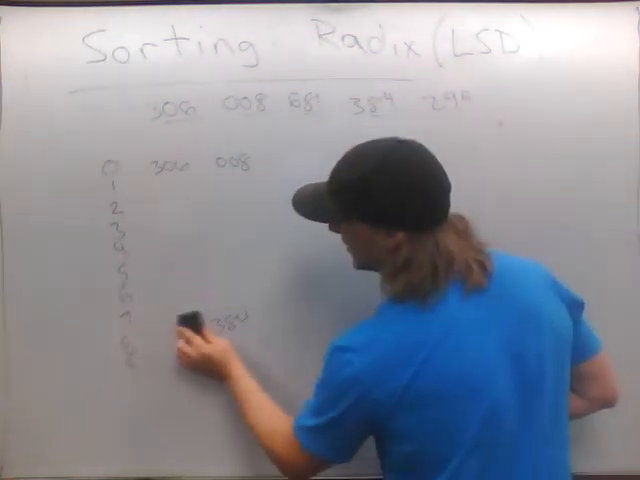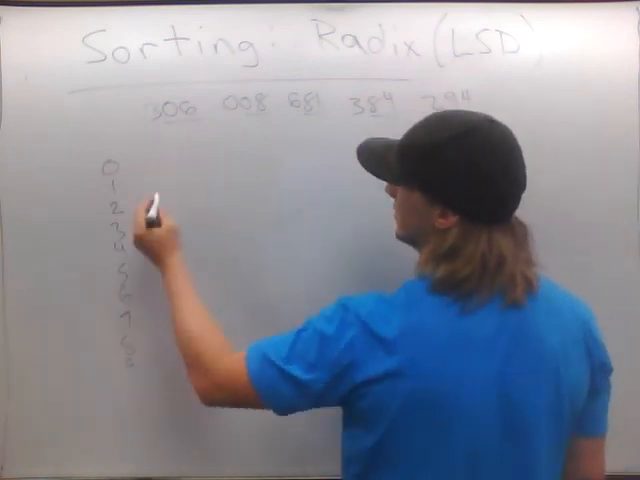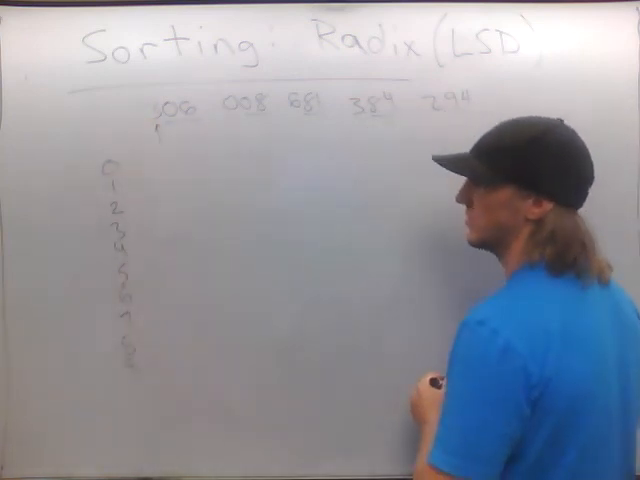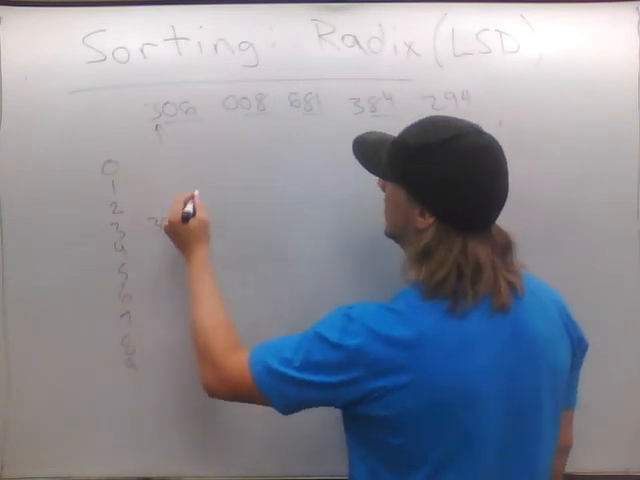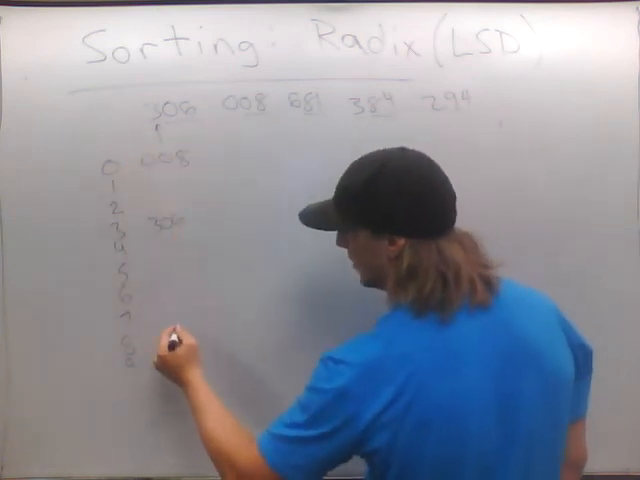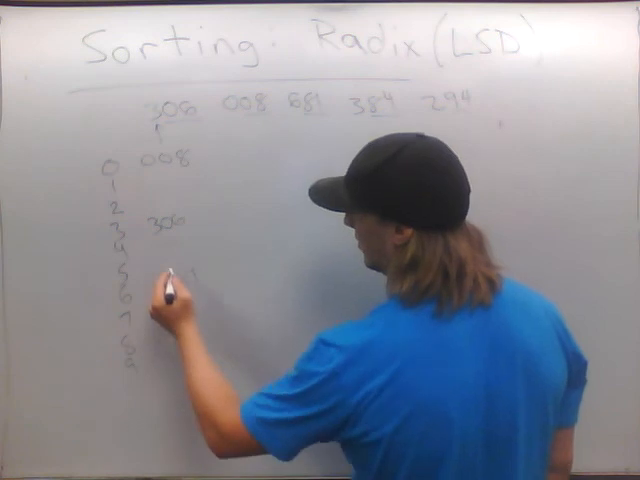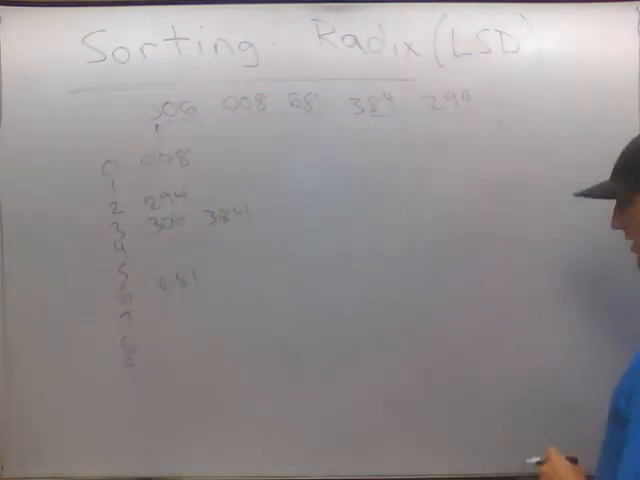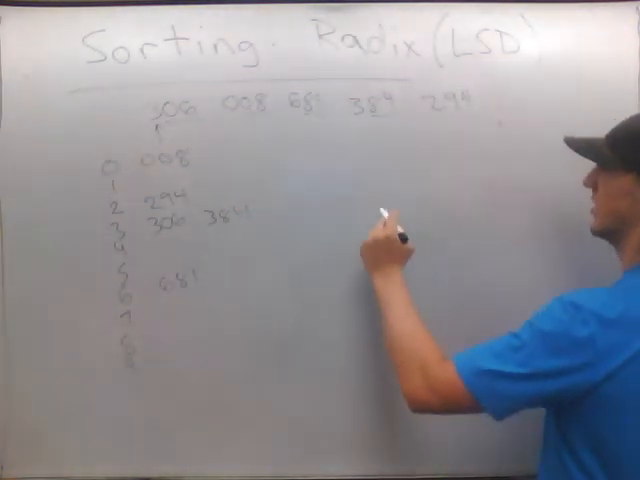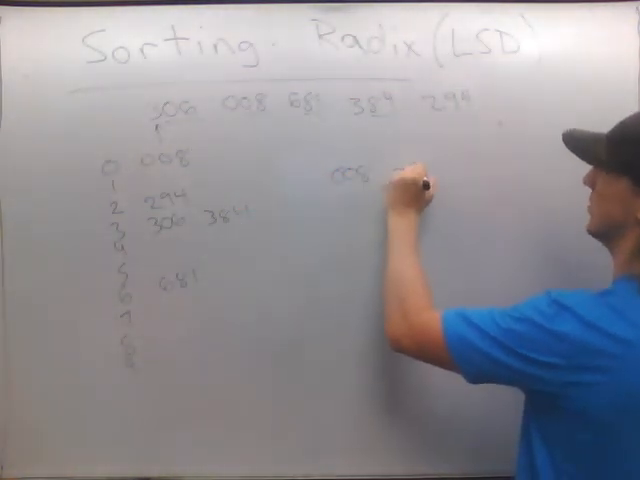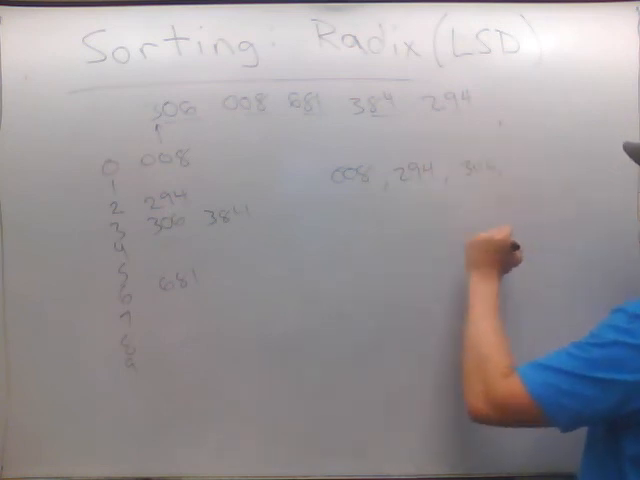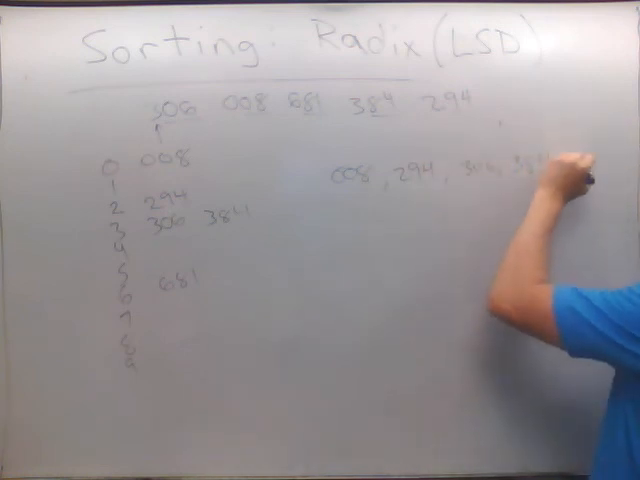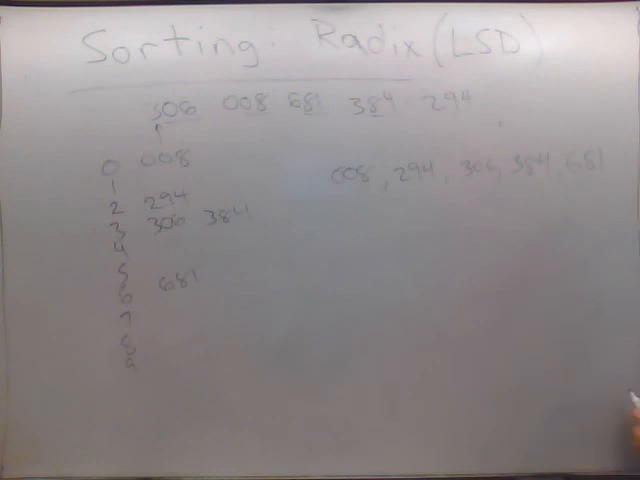So if I repeat this process one more time, now I'm looking at the last digit, the most significant. 306 goes in the 3 bucket. 8 goes in the 0 bucket, then 681, 384, and 294. So if I pull these out top to bottom, left to right: 008, 294, 306, 384, and 681. You can see that these do end up in sorted order. So remember, least significant digit you can actually do iteratively, just running it through